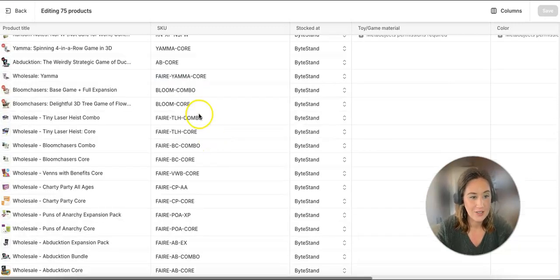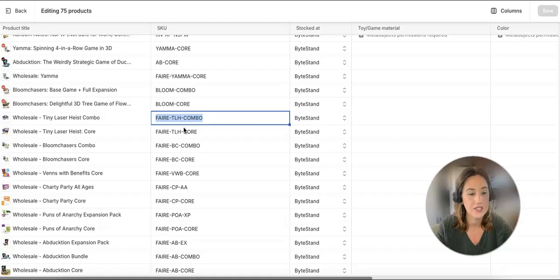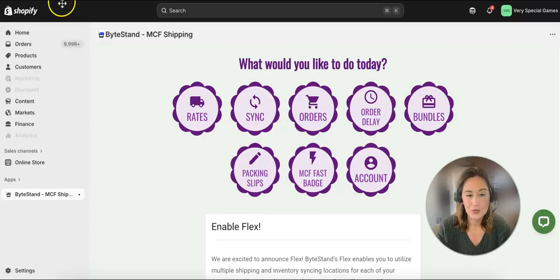My stores that have virtual bundles, you'll want to make sure that your virtual bundle SKUs are set up in ByteStand on the virtual bundle page. We have a couple of videos I've added to the description of this one that you can use to troubleshoot this on your own. And that is how my older stores that do not have Flex enabled double check their